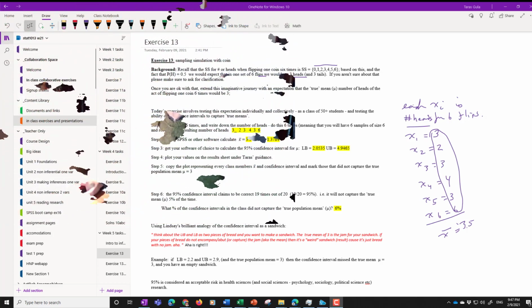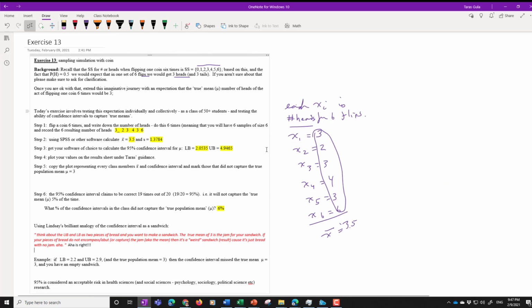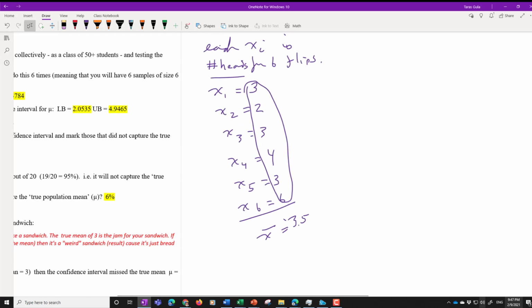So without further ado, what you'll see on the screen is exercise 13. I've moved things around. They're there for you to see. Hopefully it makes sense for you. So just revisiting what we did, we started with,